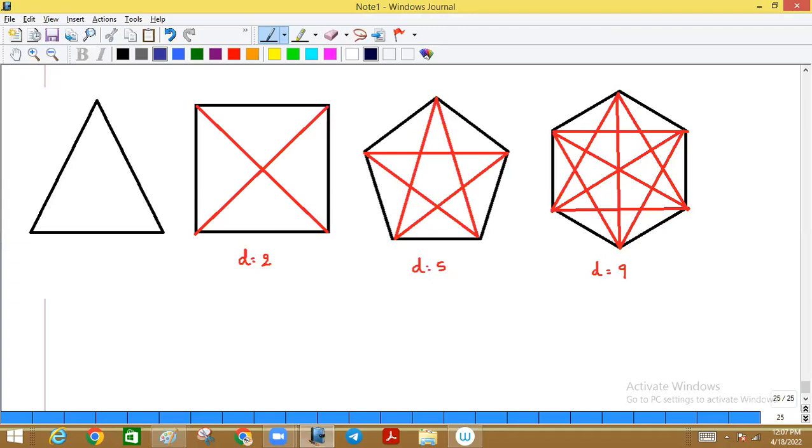Yes or no? For a 4-sided figure, it is 2. For a 5-sided figure, 5. For a 6-sided figure, it's 9. It goes on like that, right? Now, if I ask you the number of diagonals of a septagon or an octagon or a nonagon, imagine